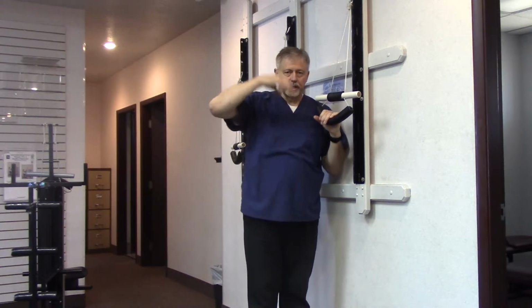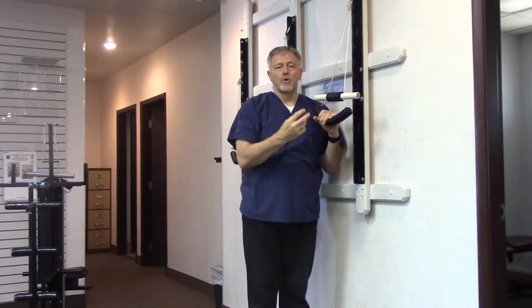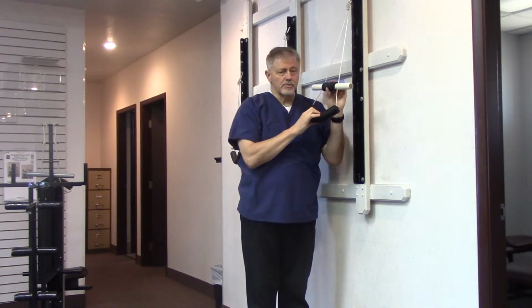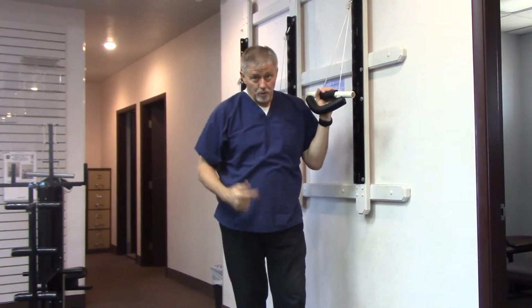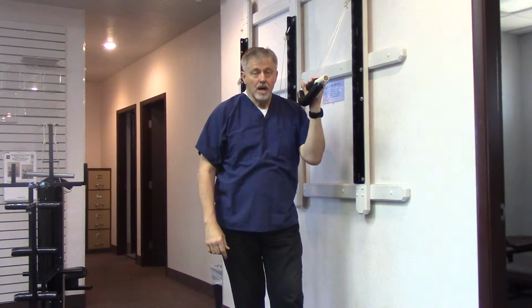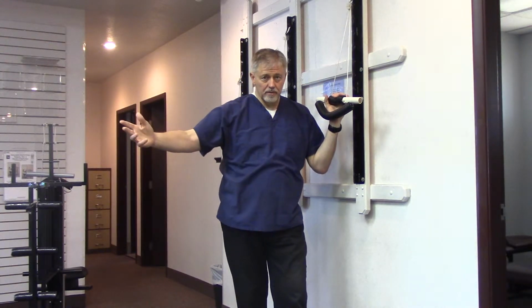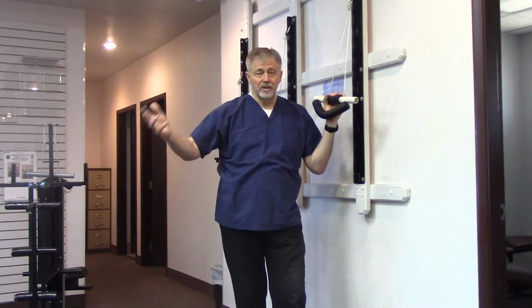That is stretching the white fibers, elongating them, changing the tissue so that it's more pliable, more changeable, more moldable. So as we do this traction, we're going to start off by doing 10 to 20, and very quickly we're going to work up to 60. And we're going to do that before we do the wobble chair, maybe the warm-up exercises with the wobble chair or without. We do the figure